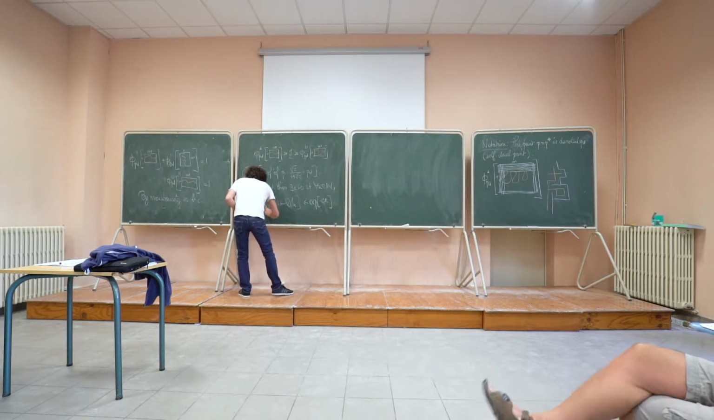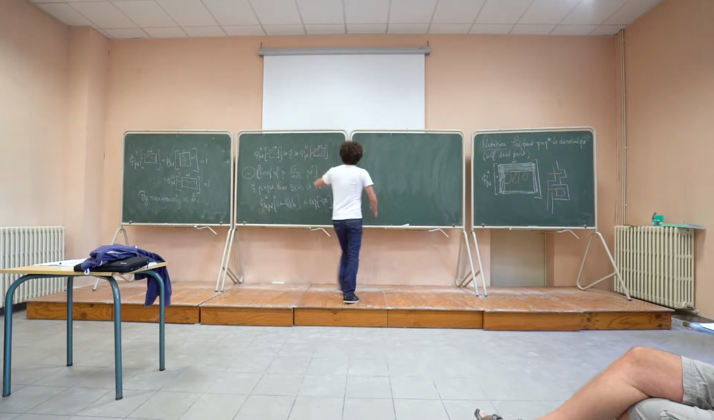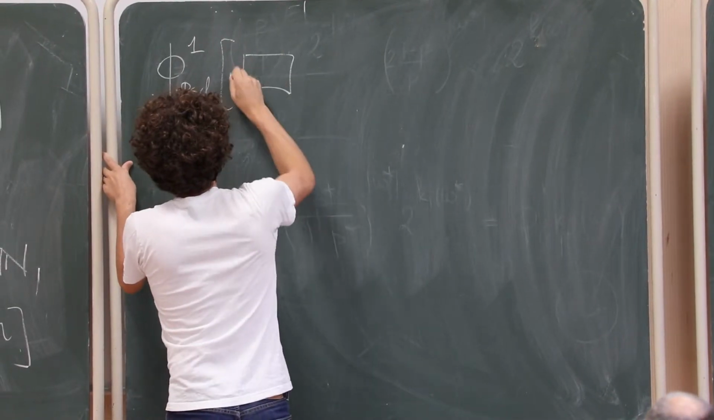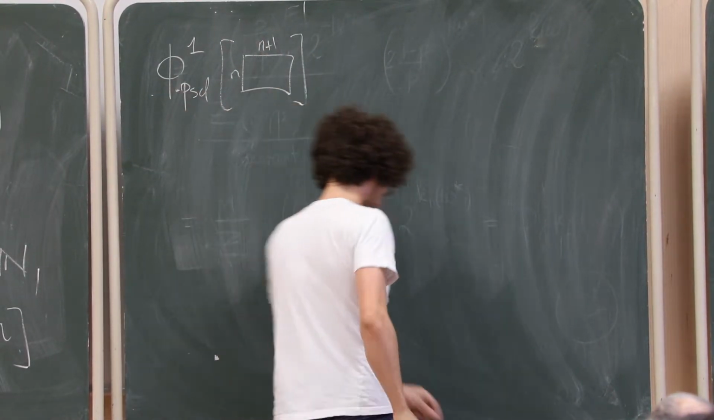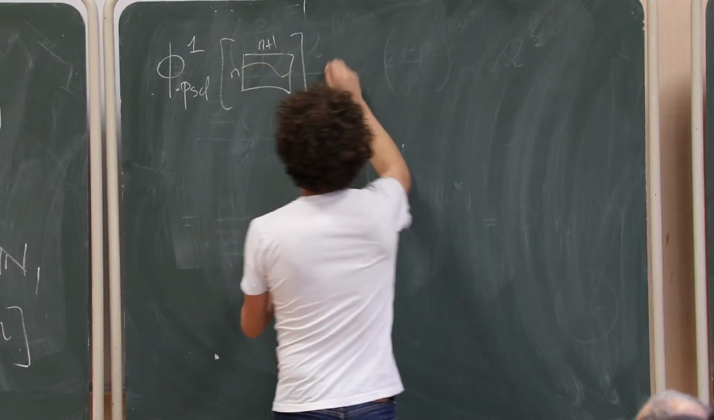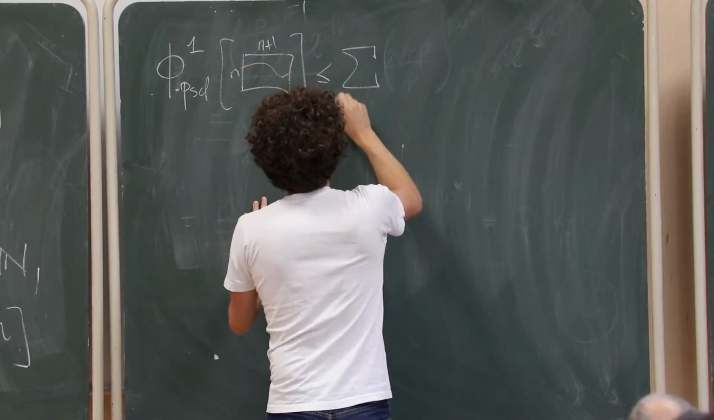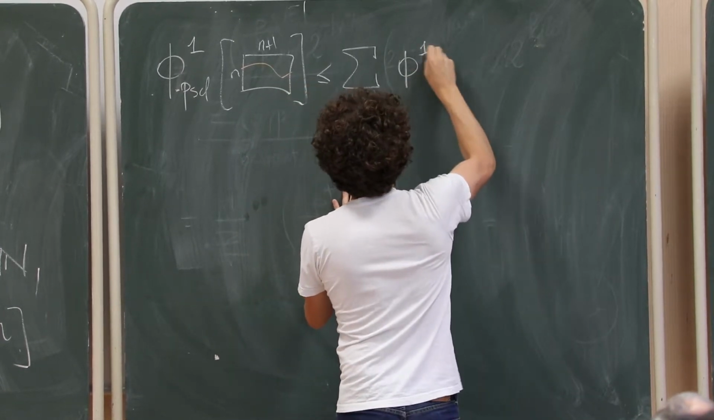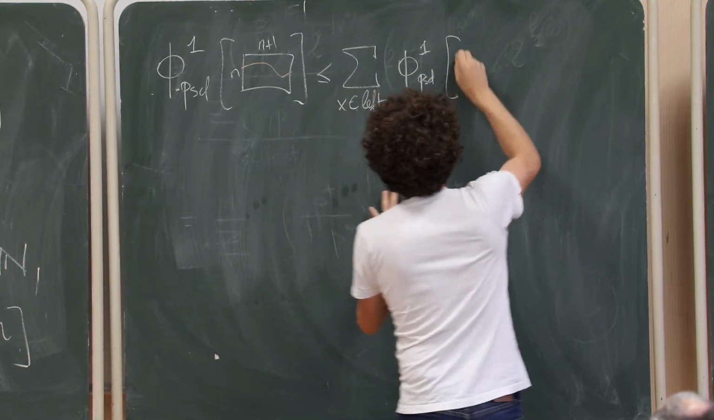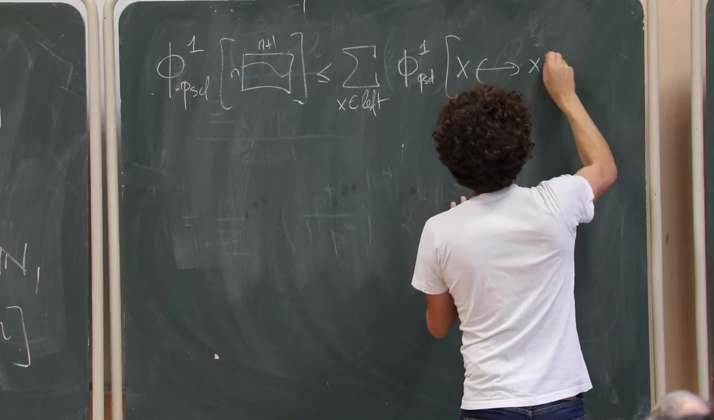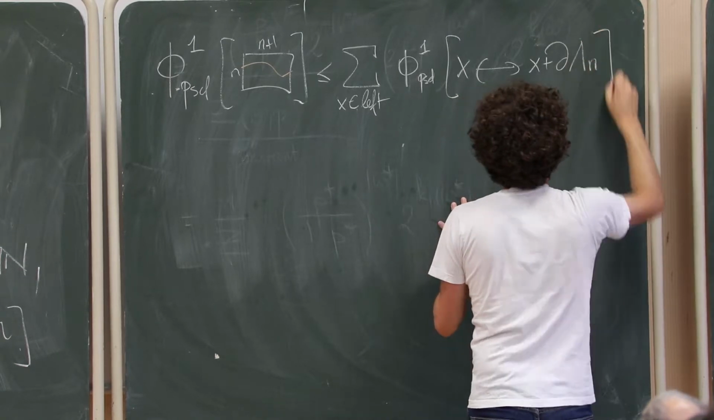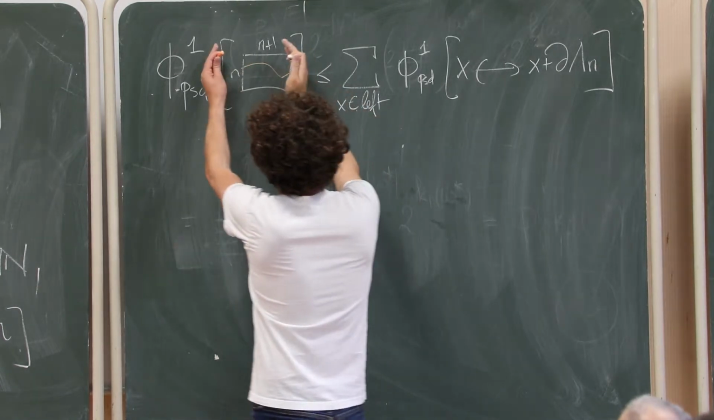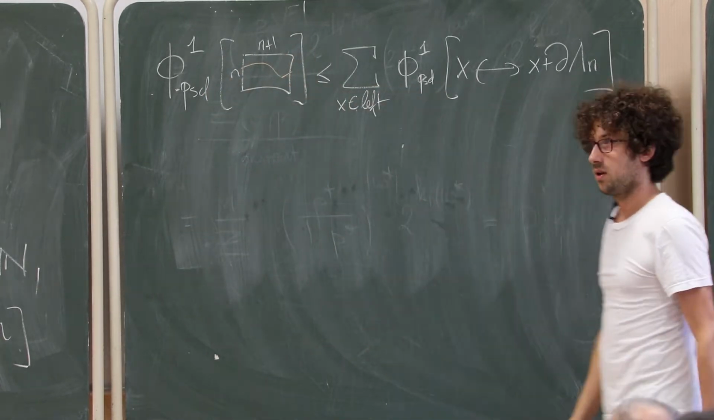Comparison between boundary conditions. Okay, but then phi 1 p self-dual of this is smaller or equal to the sum, for x on the left of my rectangle, of phi 1 p self-dual of x connected to x plus the boundary of the box of size n. Okay, one of these points here needs to be connected to distance n on the boundary,